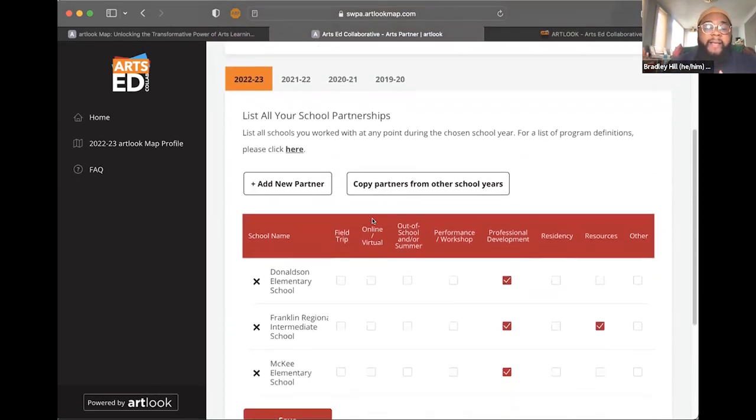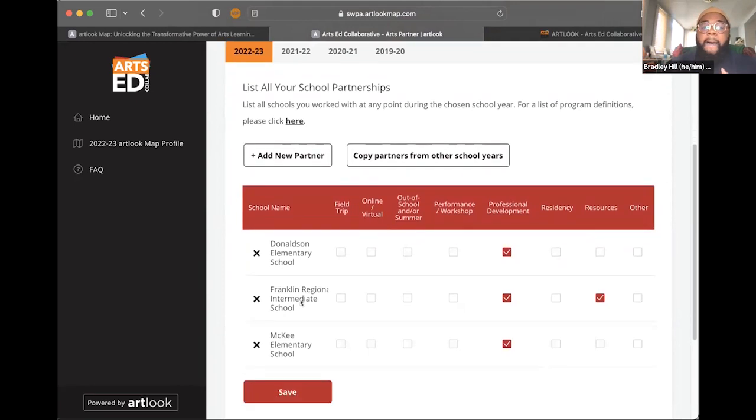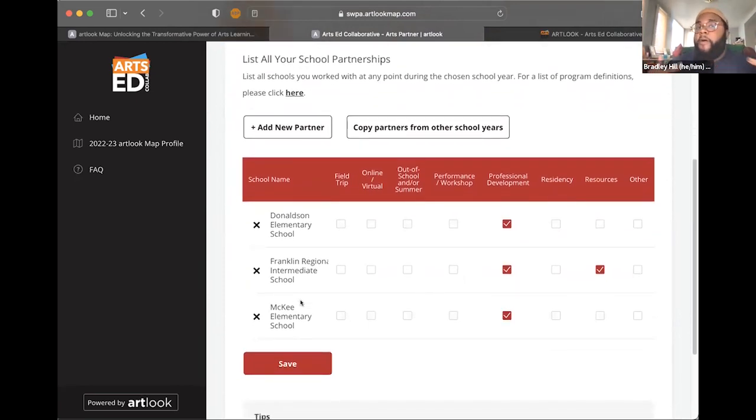For instance, we have Donaldson Elementary School on here because it is already on the map. But say we are working with a school that is not on the map quite yet. We will not be able to list them until they agree to be listed on the map as their own individual profile. So if you're going through this as your new liaison and filling this out, and you're like, I don't know why I can't select